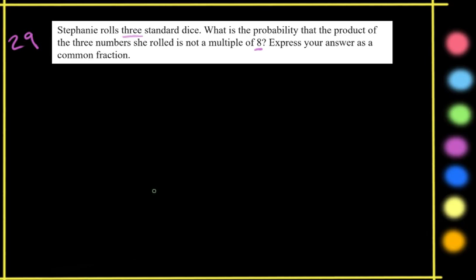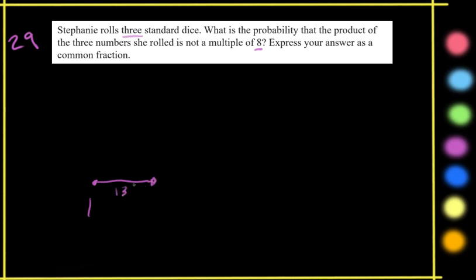So I guess what we're realizing is we need 3 factors of 2, right? An even number will give you 1 factor of 2, but if you roll a 4, that'll give you 2 factors of 2. So after you roll each die, you're going to have a certain number of factors of 2. You start out with a product of 1 before you roll any dice. After you roll 1 die, you're going to have either